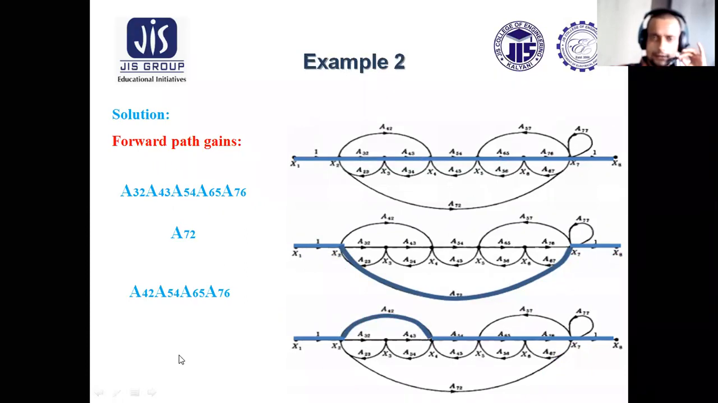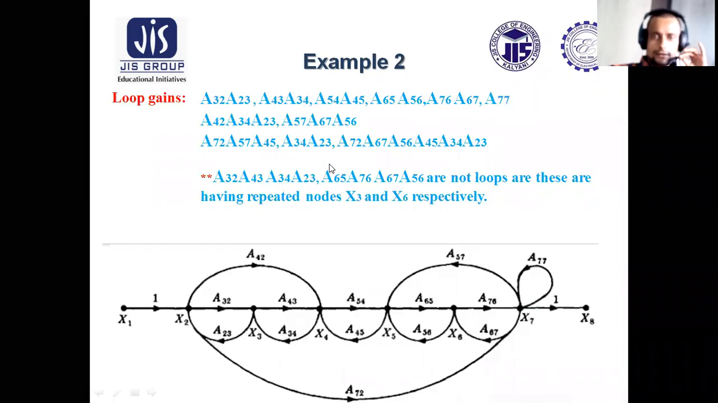Next slide. What are the loop gains? How many loops are there? It's a complicated one. See, this is one loop. This is another loop. And this as a whole is a loop. So